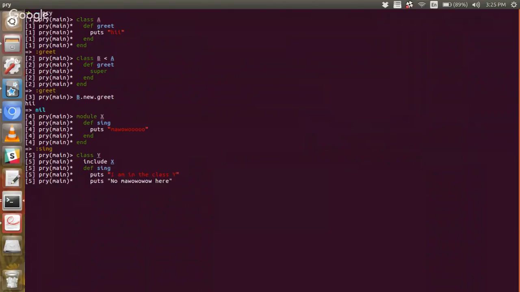Then now I can go up the method lookup by using super. So we'll see the effect of that. I end the class. In this case, if we instantiate the class Y, then call sing,